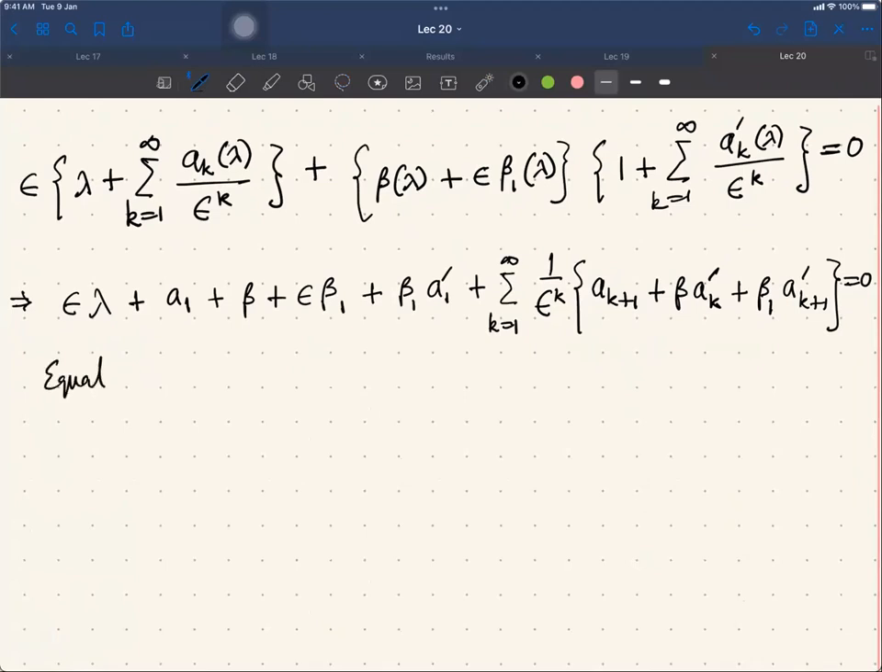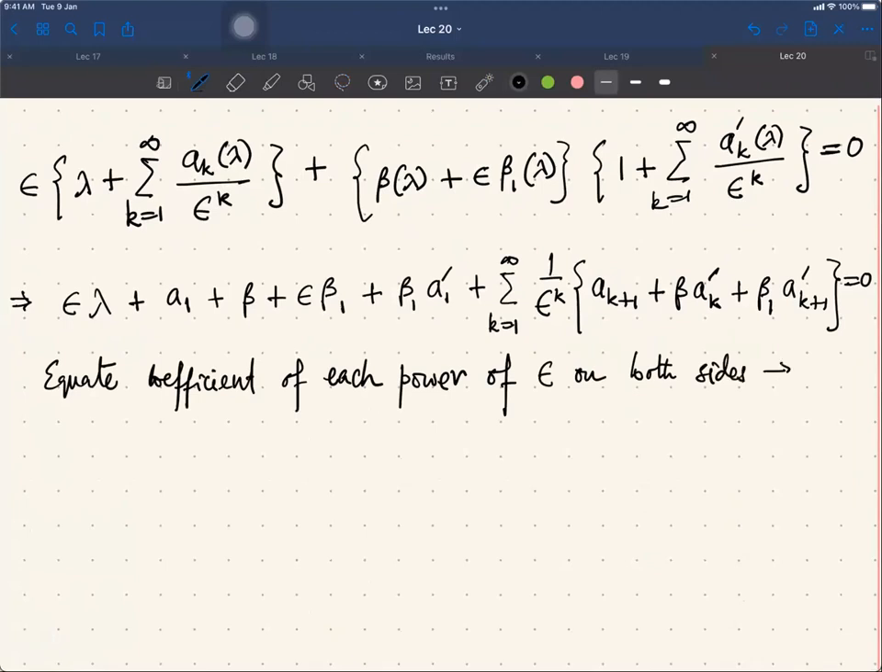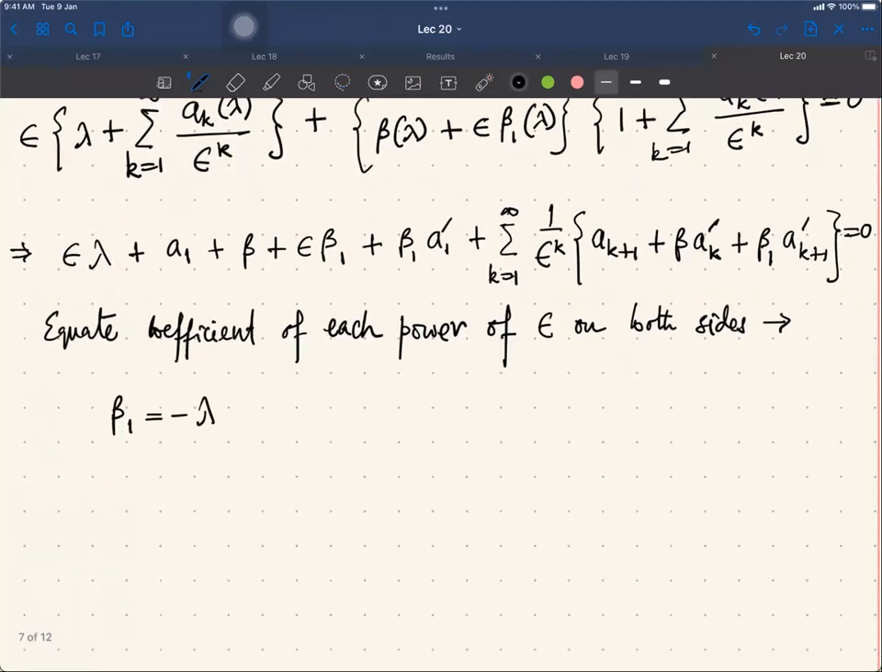So equate the coefficient of each power of epsilon on both sides. So epsilon to the power 1 terms, there are 2 terms like that. So that is beta 1 equals minus lambda. That's order epsilon. Then order epsilon 0 will be given by